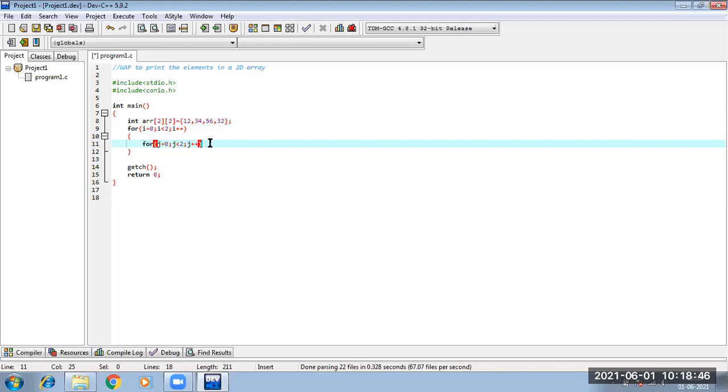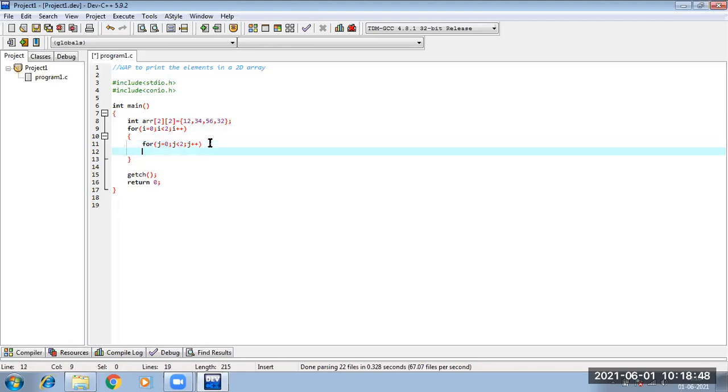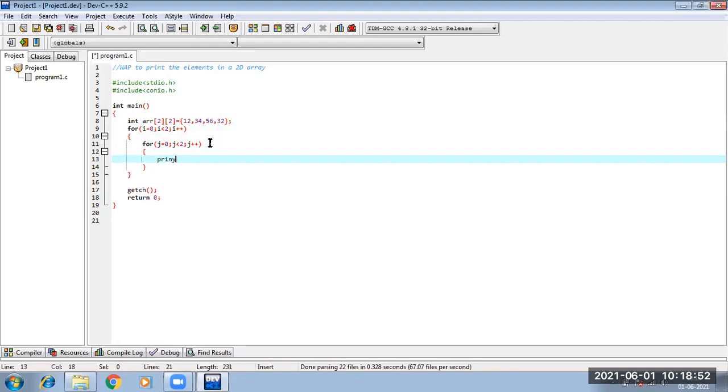And inside this j loop, I am doing what? I am just printing. For printing also I need this looping concept of outer and inner. For taking values from the user also I need this looping concept, that is outer and inner. Okay.